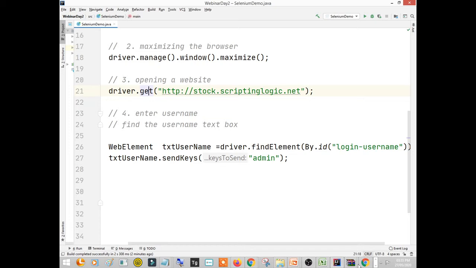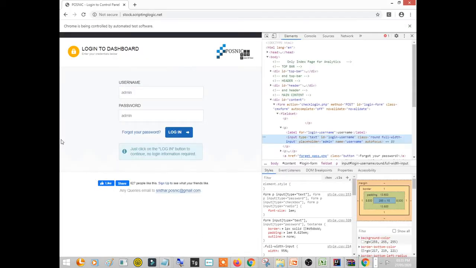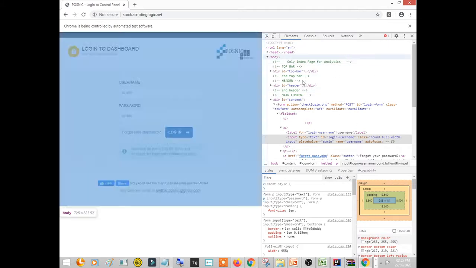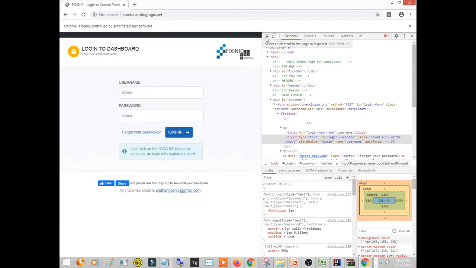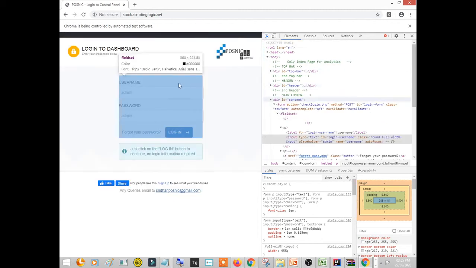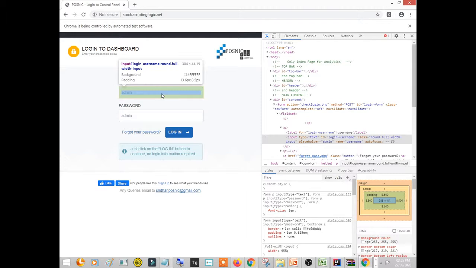So how to find the web element? Here you can simply right click and say inspect. You will get this window, and don't worry about this code. You simply click on this arrow and you click on the web element that you need to find. You will observe that a code is highlighted here with a navy blue color, and here you can see there will be either an ID or a name. Out of which I am choosing the ID and I am copying it,